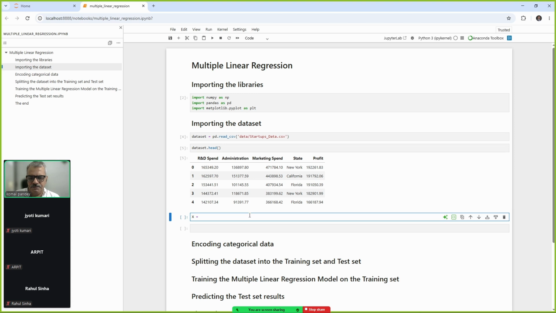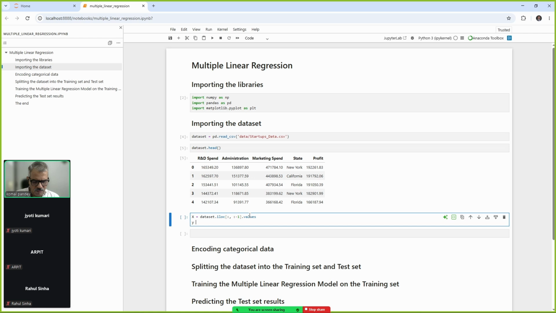To extract the matrix of features, x equals dataset.iloc, and we want to take all rows, all columns except the last one, .values,